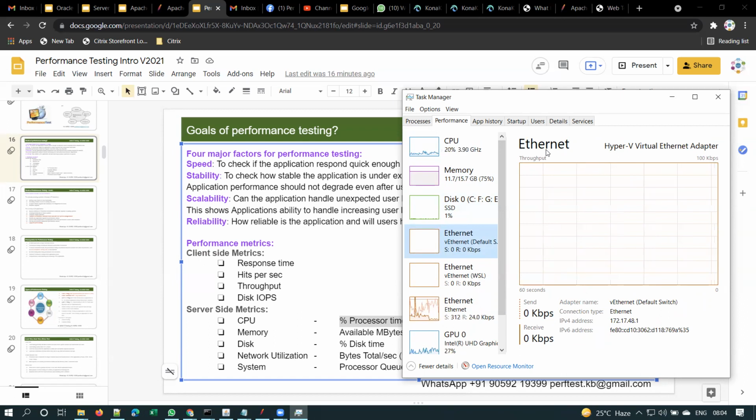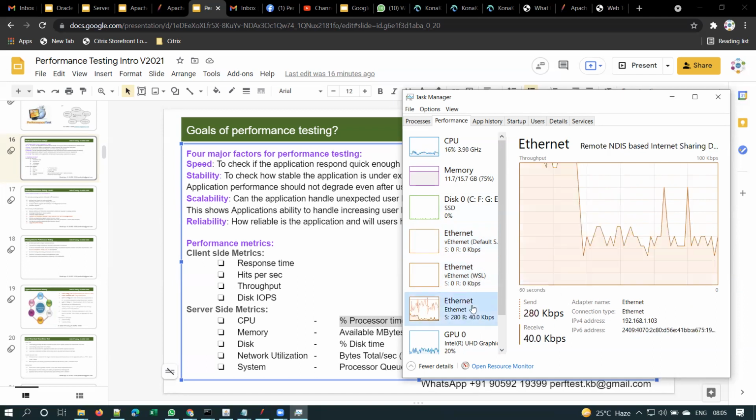This refers to the LAN cable. If you are connected, observe here, what is this throughput? It is mentioned throughput here, right? Throughput is nothing but bytes sent plus bytes received, the amount of data transferring. There is no traffic here because I'm not connected to a LAN cable. This is Ethernet. Ethernet refers to the LAN cable, guys.